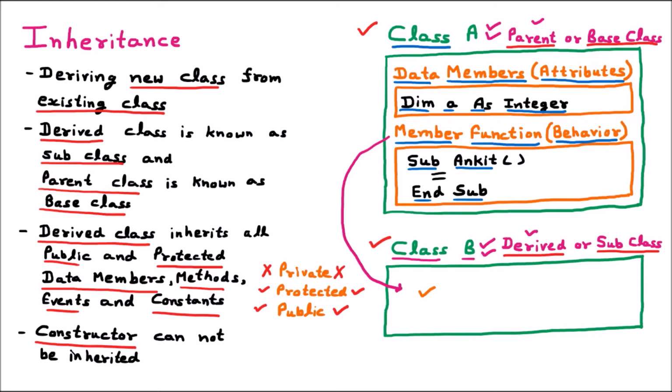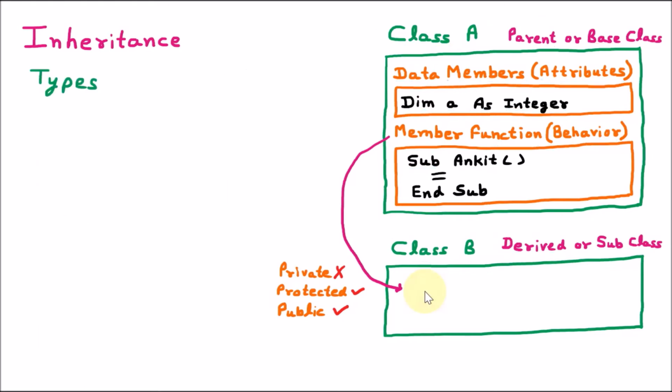Now we are discussing the types of inheritance. The first type we have is single inheritance. Let us suppose we have a class named class A, whose members we are accessing in another class. Let us suppose that this is class B. Now from one we are accessing the other. This is called single, meaning one parent and one child, or one derived class. This is single inheritance.